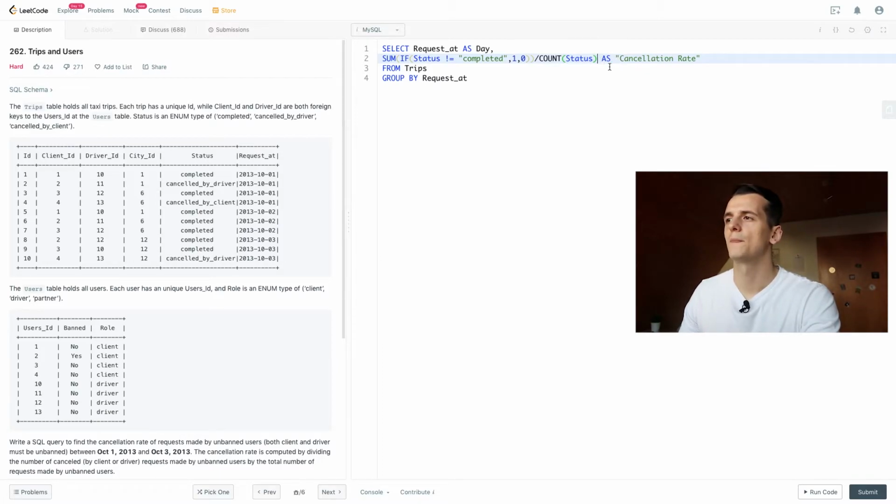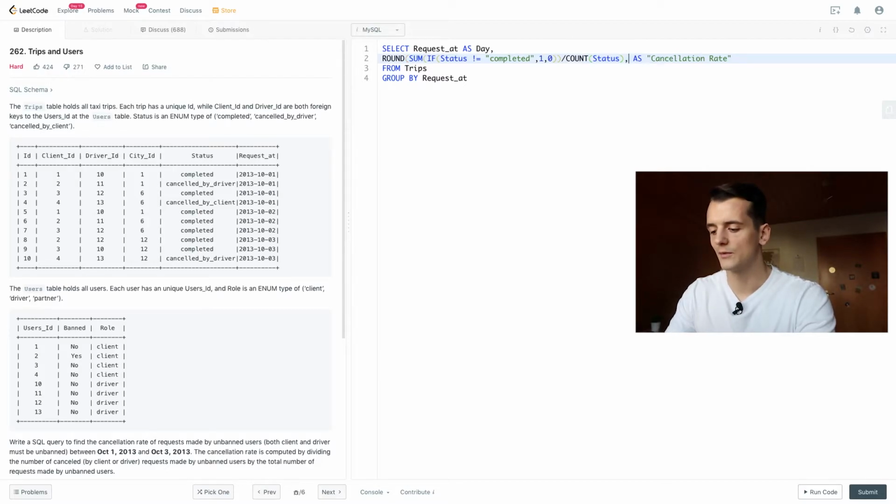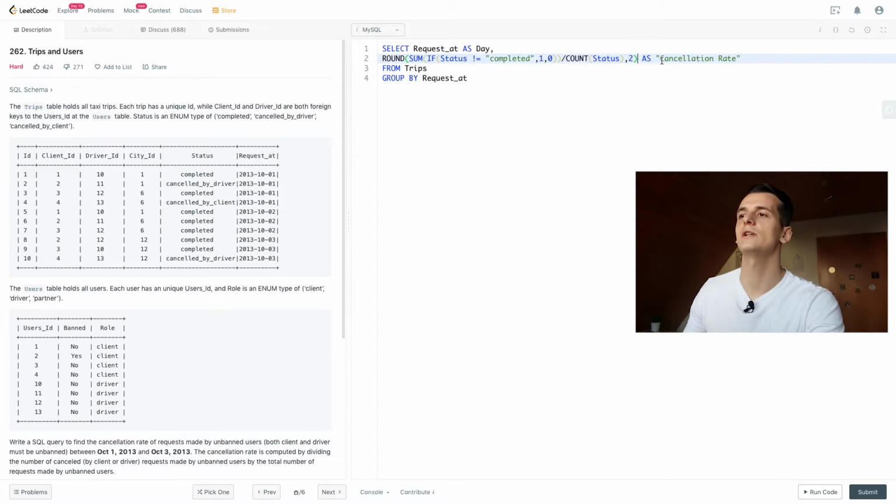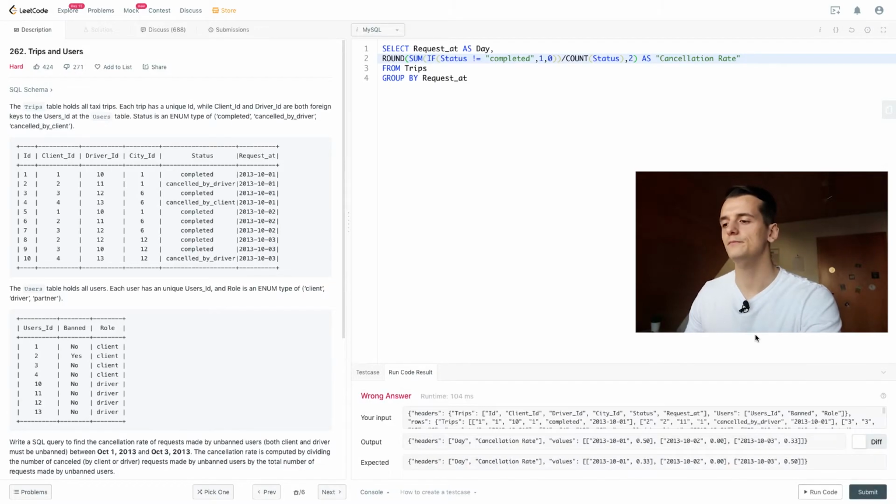And now our only task is to round that. So we're going to use the round function and set it to 2 decimal places by just putting the 2 after comma and call that cancellation rate. And let's see what we get by running that right now. So we're not at the perfect solution yet, but we have a value for cancellation rate for each of these